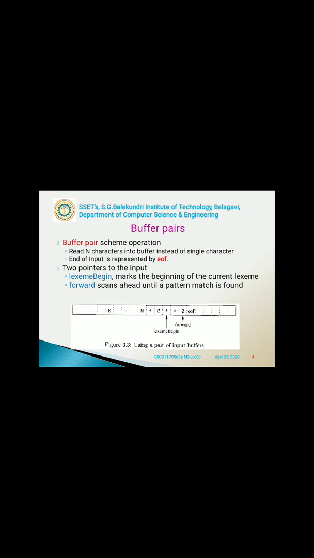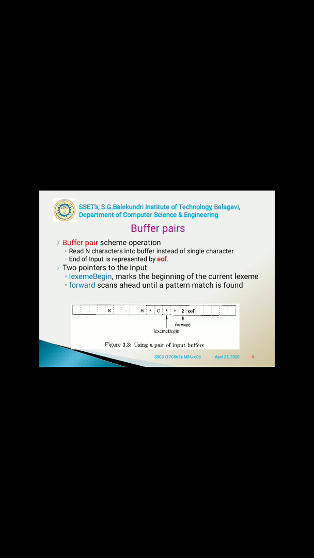Now in this case, as I told you, when lexeme begin starts, it has started marking your lexemes, but it has not determined which type of token it is. But when it moves forward further and encounters 2 in this case, it realizes that 2 is not a part of the two previous stars.